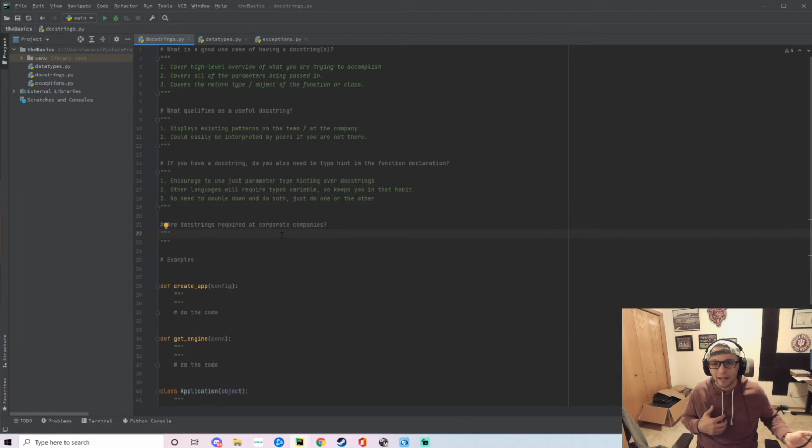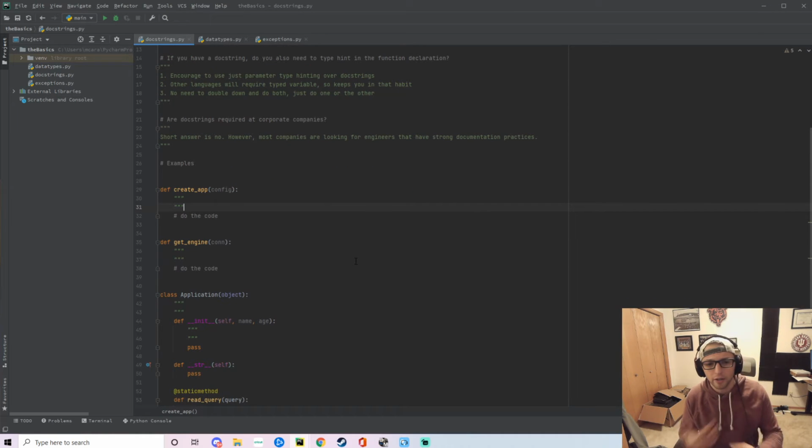I just feel like documenting your code is just as important as writing your code. So if I were to give you a straightforward answer, I think that the bigger tech companies are looking for engineers that can develop very, very strong solutions while also being able to document it for longevity purposes.